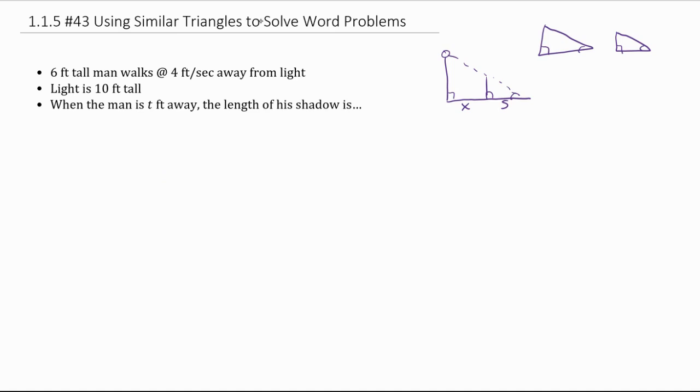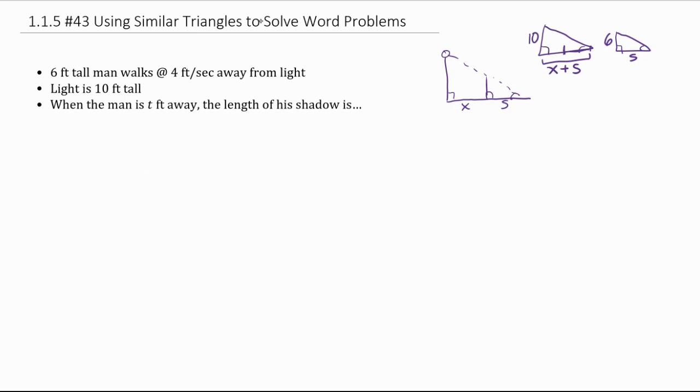And we are told that the lamp height is 10, the man's height is 6, and then again, this is the shadow, and then this length here would be X plus S. So it's not his distance away, it's his distance away X plus his shadow length. So just make sure you have X plus S, both of those. So when you have that X is equal to 20, because he's 20 feet away, you can plug in 20